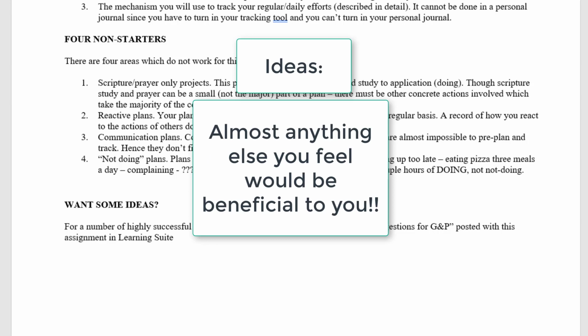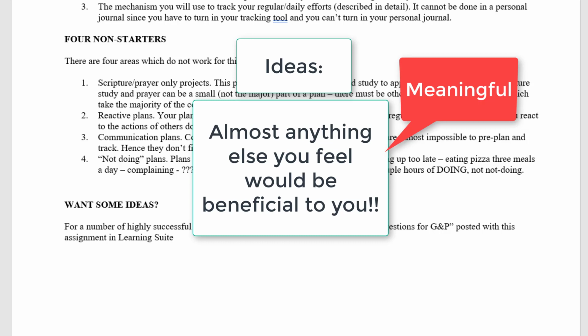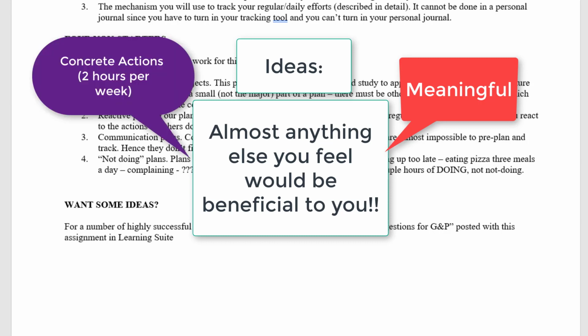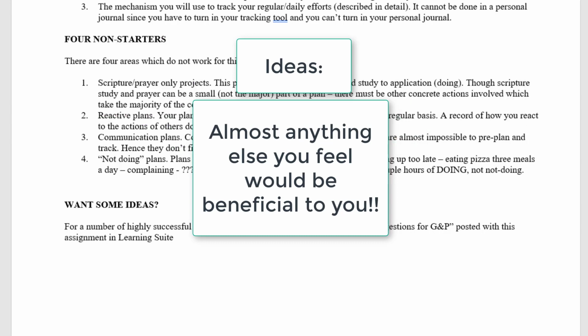There are tons of other options. The sky is the limit, but the key is to make sure that it's meaningful to you and it must have concrete actions that will take a couple hours each week. You can combine ideas if they both work towards your goal. For example, you could do weekly baptisms in the temple for an hour and family history for the other hour, but generally speaking, the